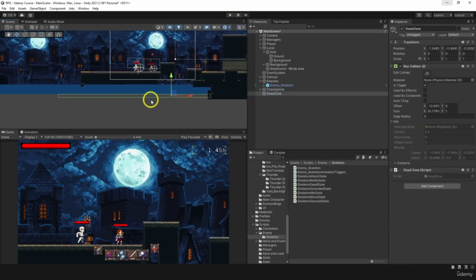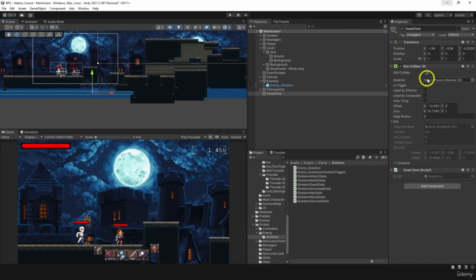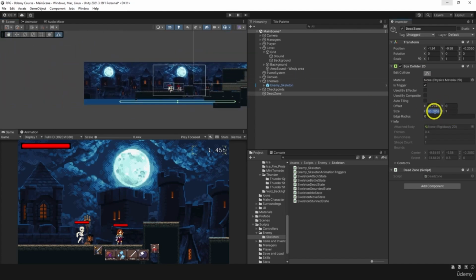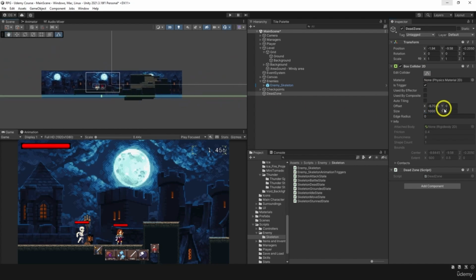We have a dead zone placed here, and you can place it anywhere you need it whenever you have a gap. Or you can just stretch it to the entire level, like so, with a size of 1000. Nobody stops you from doing that. But you need to remember, if you have something like